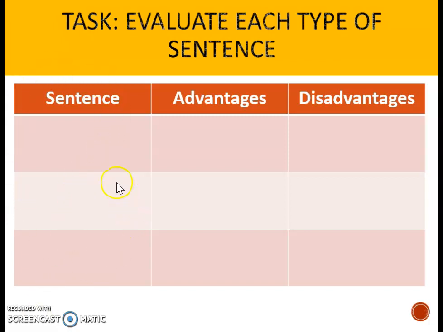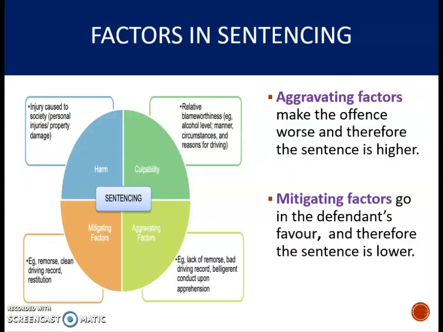and create a grid where you are evaluating the advantages and the disadvantages of the different types of sentence that we've just discussed, because it could be that you get a 15 marker asking you to analyse the most effective type of sentence available. The final element of sentencing that we need to look at today are the factors that